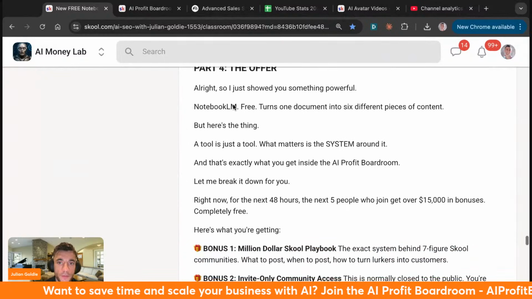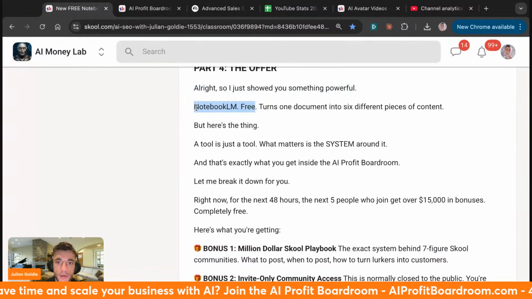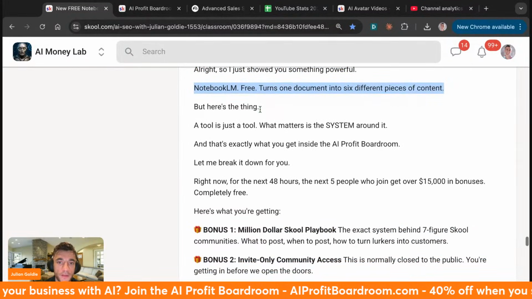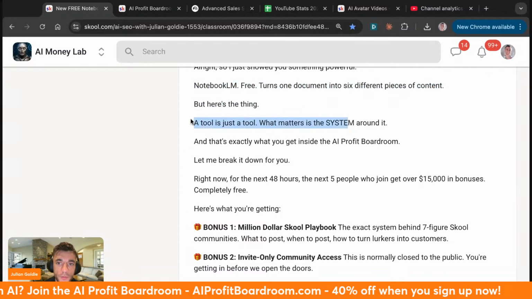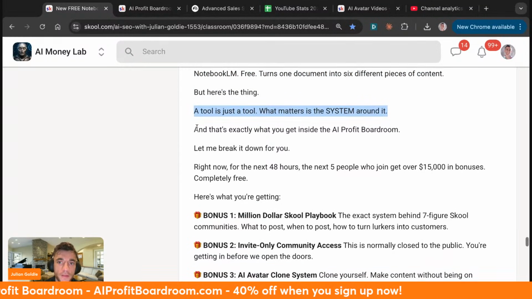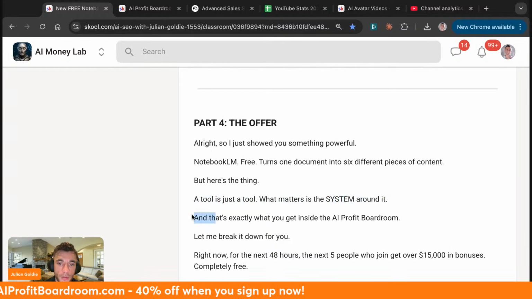All right, so I just showed you something powerful. NotebookLM is free. You can turn one document into 6 different pieces of content. But here's the thing: a tool is just a tool. What matters is the system around it, and that's exactly what I'm going to show you inside the AI Profit